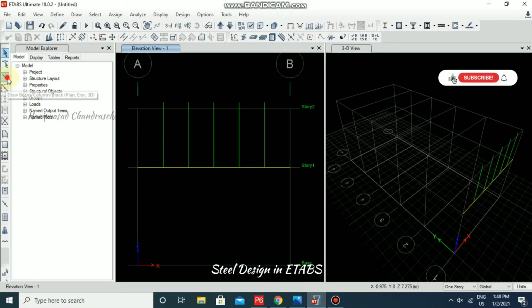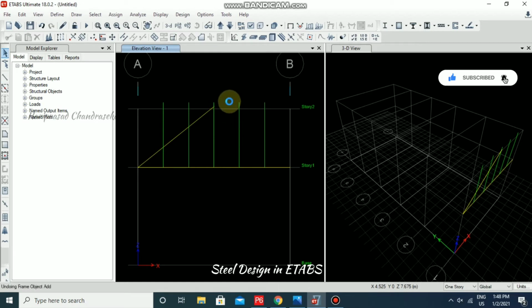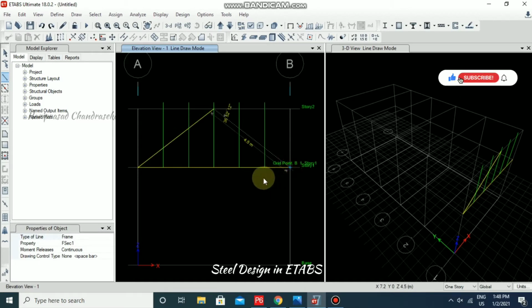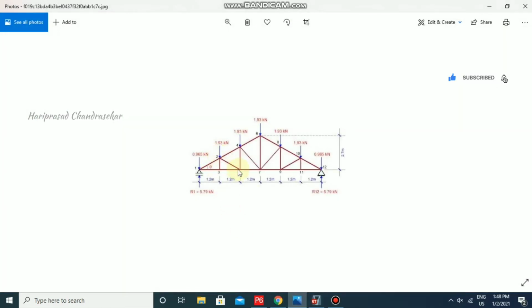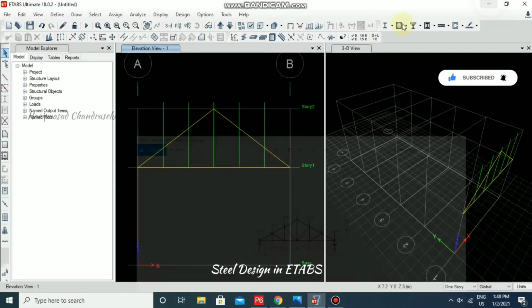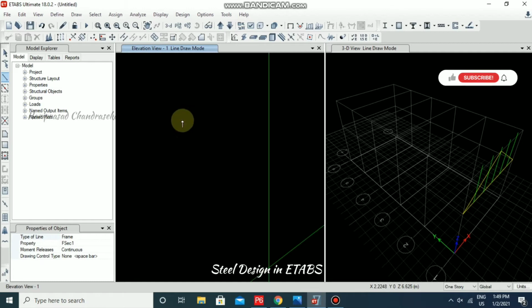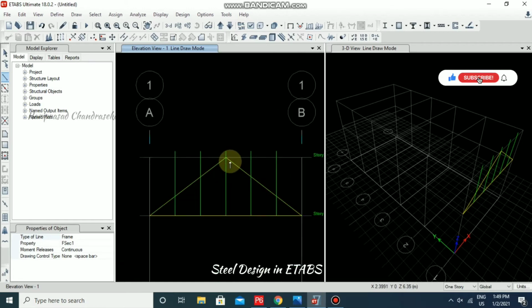Like I'm just going for beam again, and I'm just going to draw like this. Now you should be careful, it should select the nodes exactly. So just select this joint, and then select this portion, this grid point as well. Now we need to consider the image, so we also have like this. So for that again I'm just taking from here to here. Here we are not getting any joints, so better you can trim it.